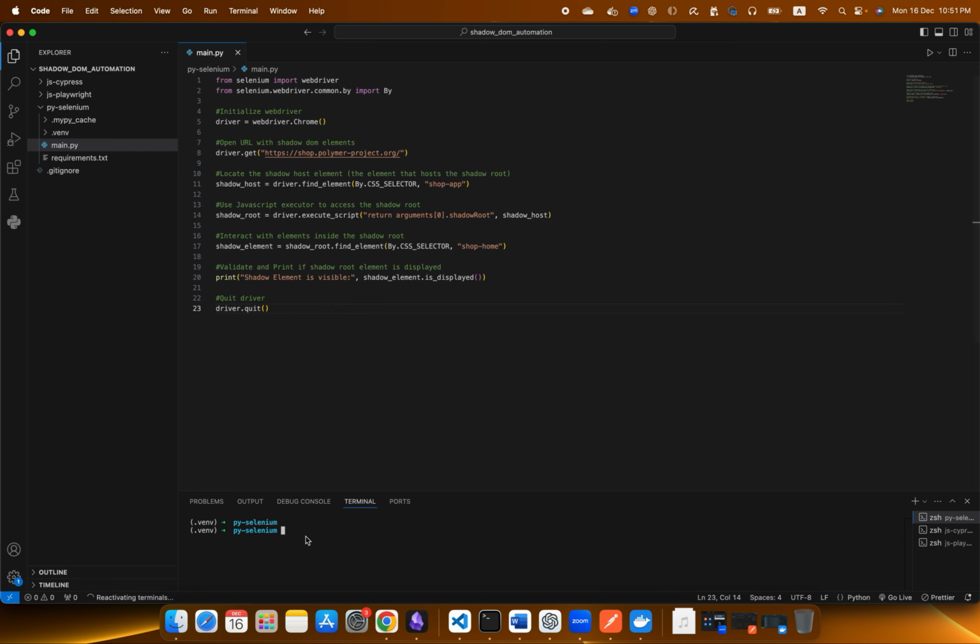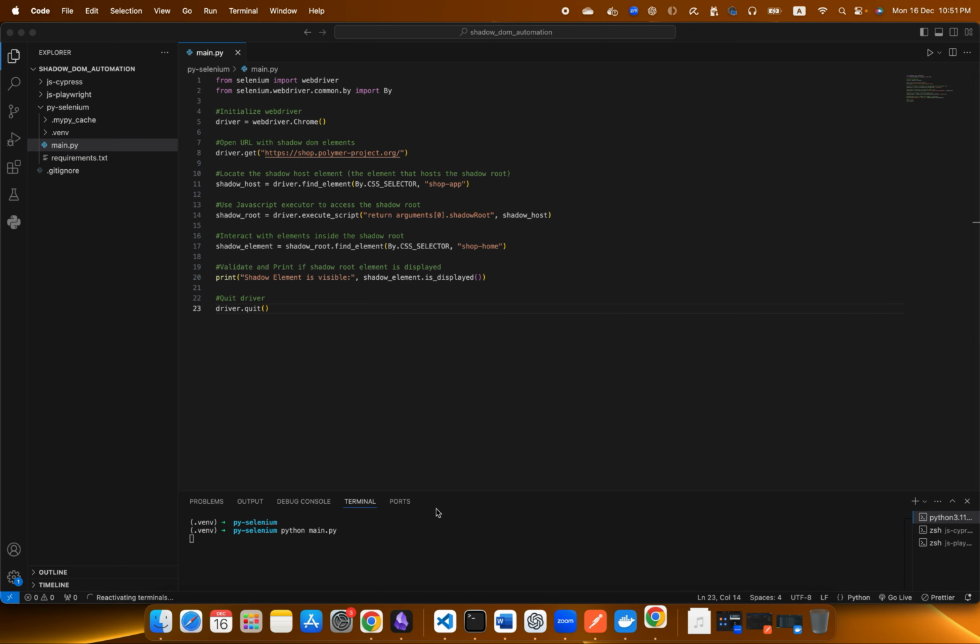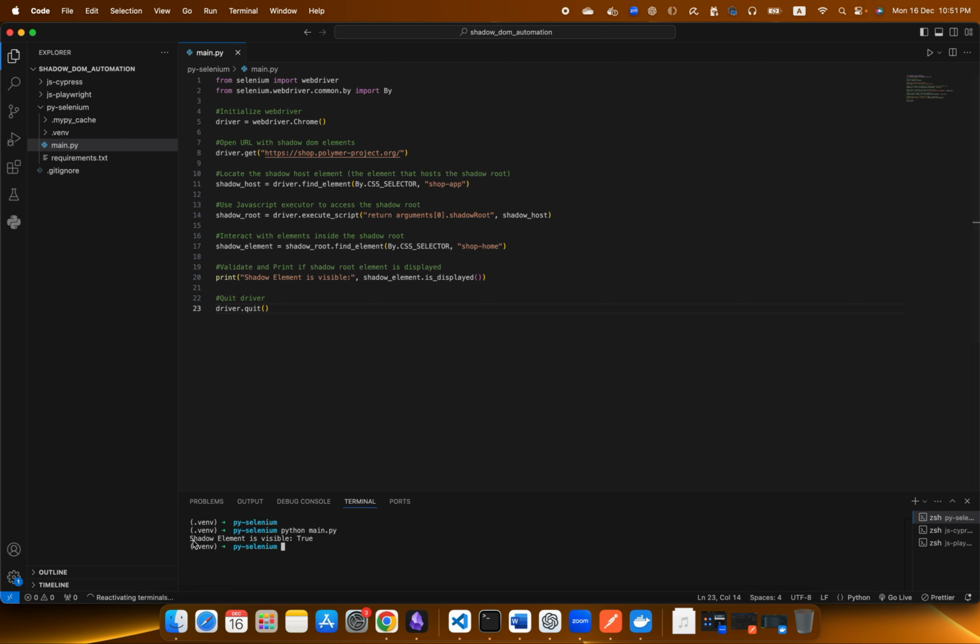Let's try to execute this test. It's main.py. Yes, it printed shadow element is visible, which is true. That's good. It actually found the shadow element inside the shadow root. So in Selenium, we need to use the JavaScript executor for accessing the shadow elements. Next, we have